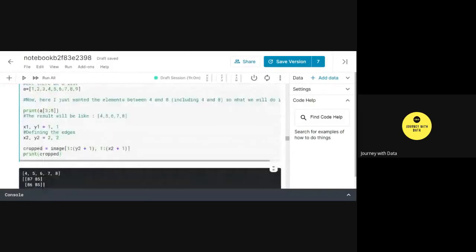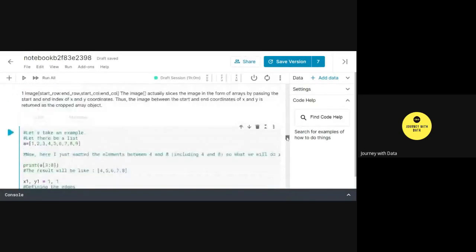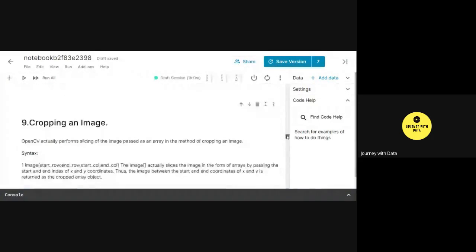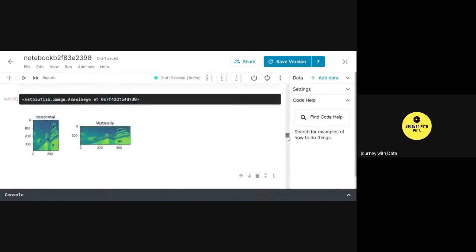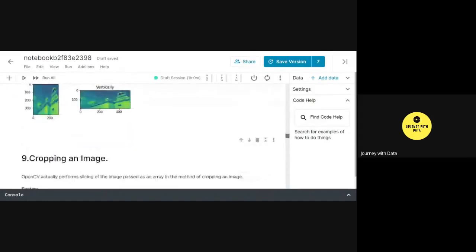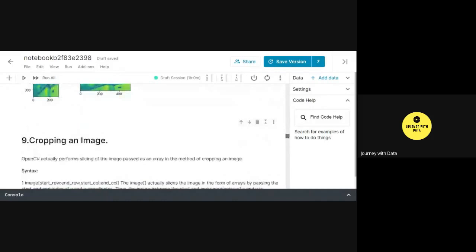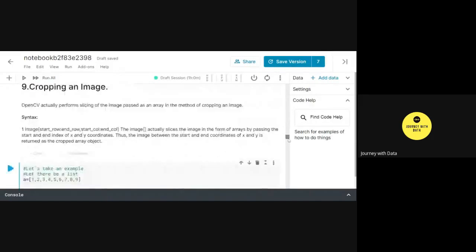So next would be, how do we crop an image? Okay, so before talking about the... So I'll discuss the thing that I was actually wanting to talk about in this section only. To crop an image, cropping is nothing but just a slicing of an image.